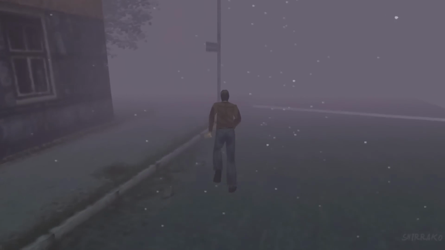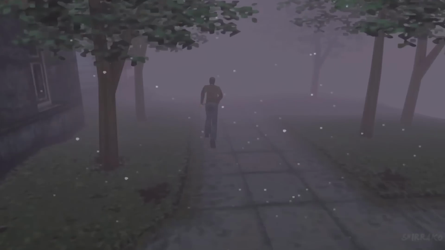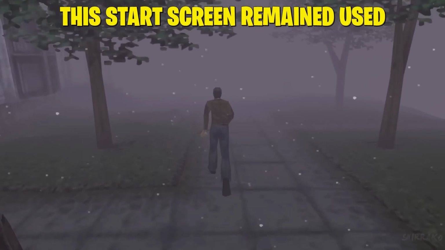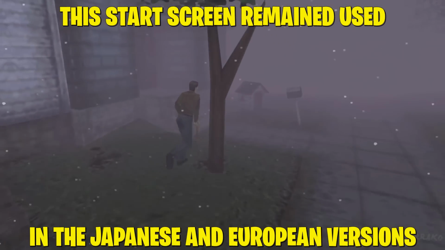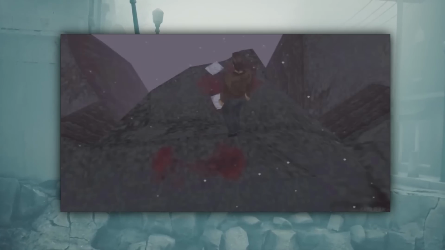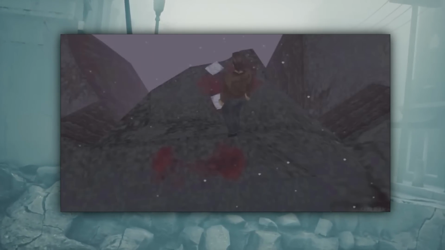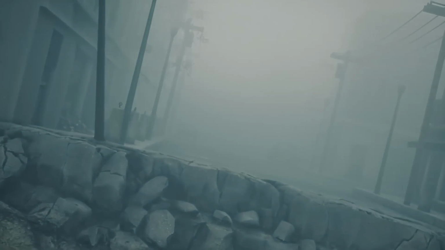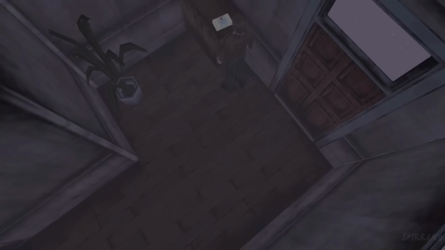The starting screen for Silent Hill 1 was originally going to look much different. Shown here we can see its initial design. This start screen remained used in the Japanese and European versions. In the game, the bottomless pits were intended to be death traps just like in later games in the series, but it's impossible to fall into any of the bottomless pits through normal gameplay. However, if you hack the game and force yourself into one of them, you will instantly be killed, regardless of